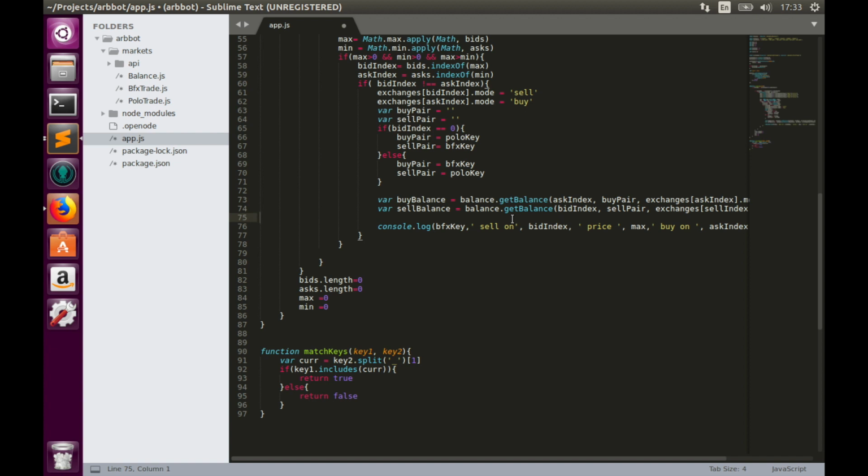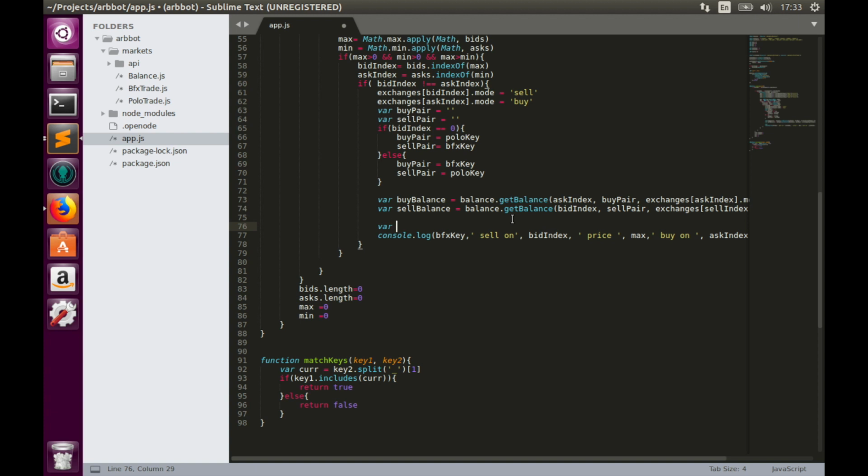To do that, we need to take the highest bid and compare it with the lowest ask and take the smallest amount. So let's create a variable and call it trade amount, and it equals Math.min. This function takes the smallest number, and here we need to provide amounts. So let's type exchanges bid index order book. This gives us access to the exchange's order book. Here we need to get sell pair,